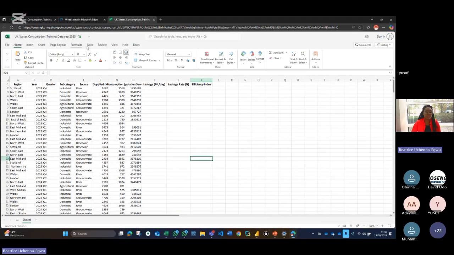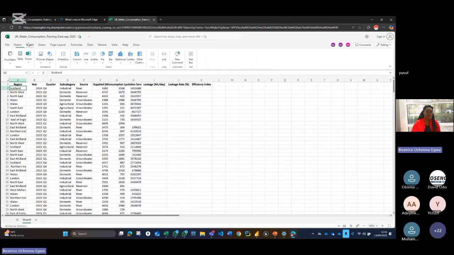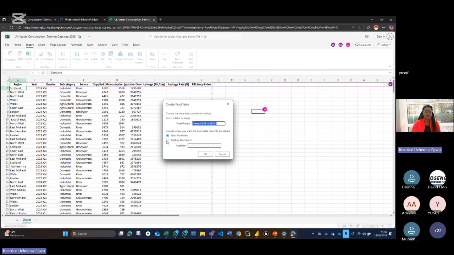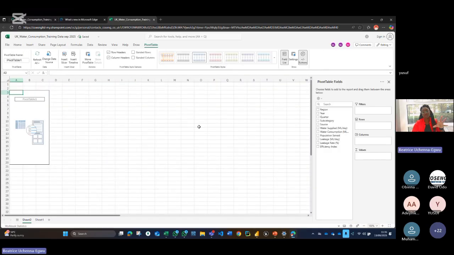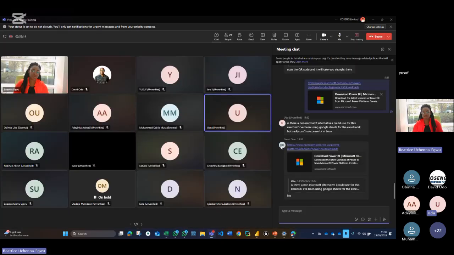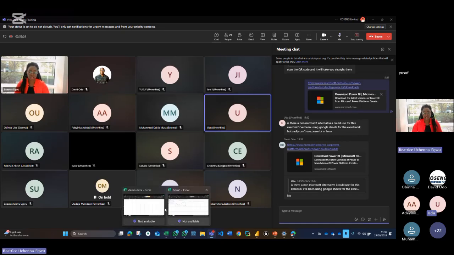You know how you open this online? You can just say insert pivot table from table range, then a new worksheet. Okay. So that you can do the analysis online. Does that make sense, Udo? If you don't have Power BI, you can do that. But unfortunately, we're not focused on that one today. If you know how to use your pivot table, then go ahead and use your pivot table. Or you can do it directly inside your Excel